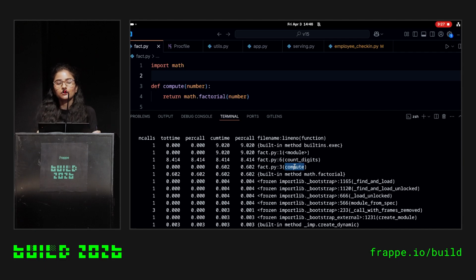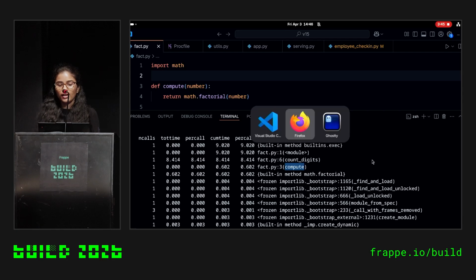And this is still a simple function. Imagine you have hundreds of lines of code across different files, across hundreds of different functions. How do you even come up with an intuition of what part of your code or app is actually slow? So it's important that you visualize